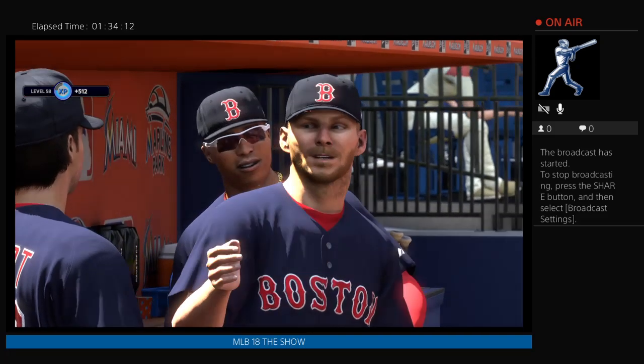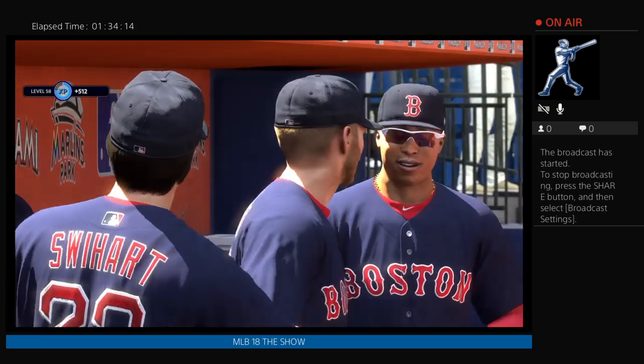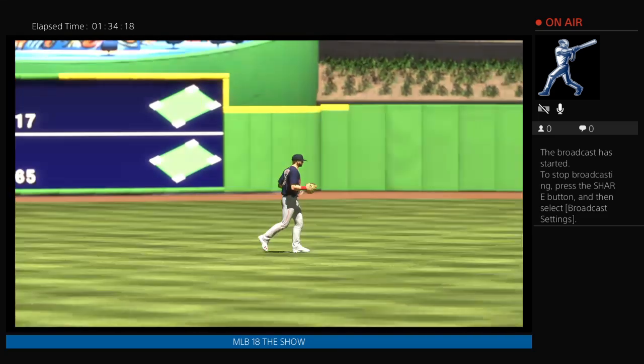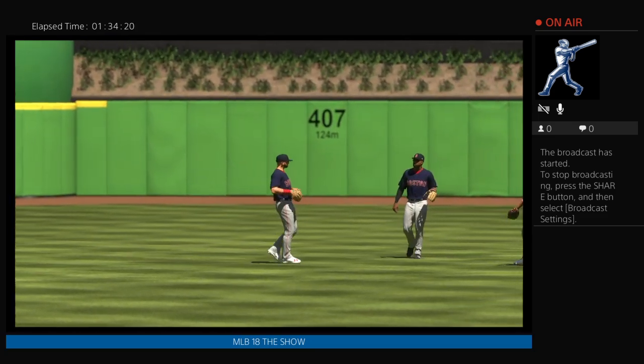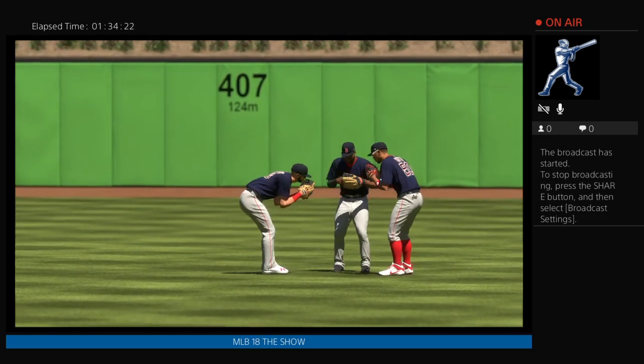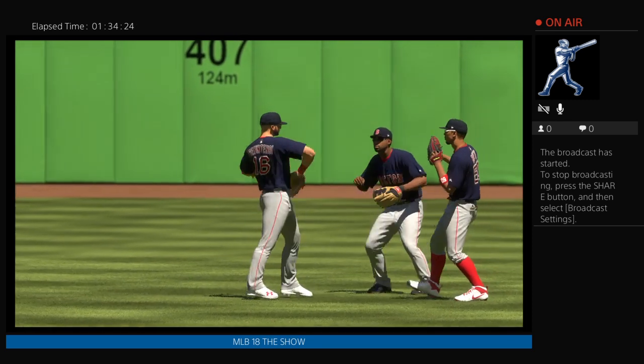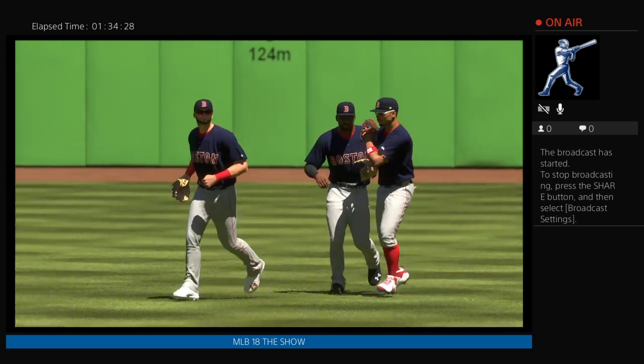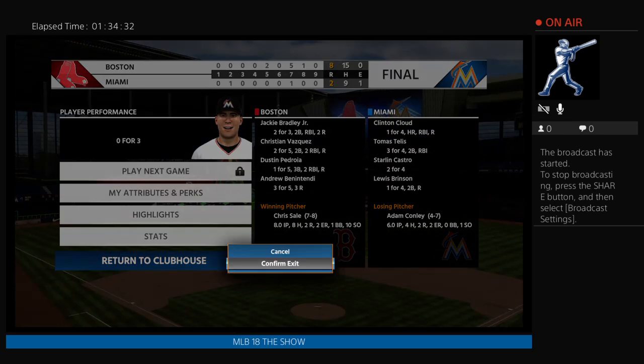Hey, it's hard to win games at any point, but to win games on the road, especially in this ballpark, so they are very happy with this win. 8-2 is how this one ends today. Boston used a nice 5th inning to take the lead, and they never gave it back. Chris Sale earns win number 7 on the season as he racked up 10 strikeouts in the effort. Adam Conley